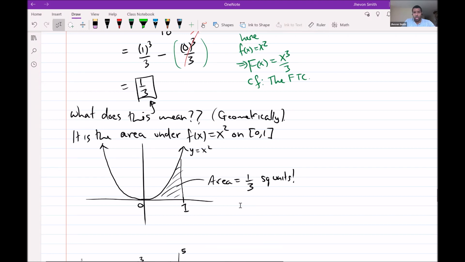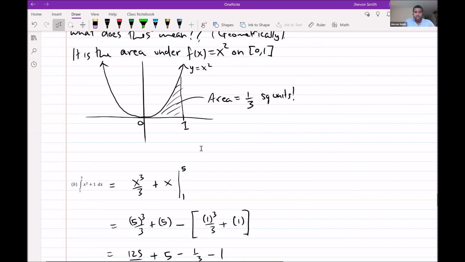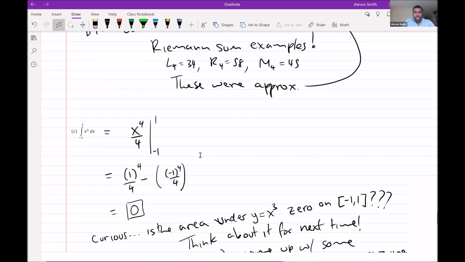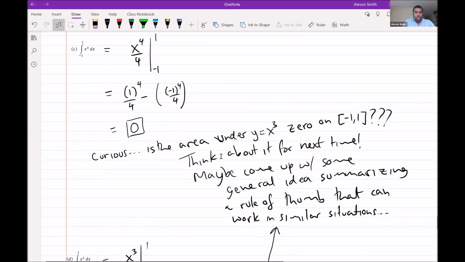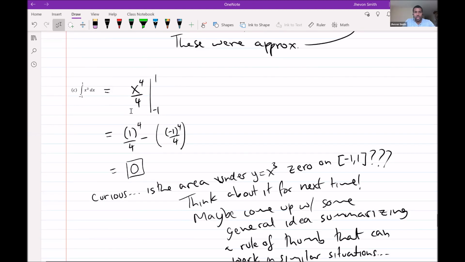In other words, to find an area, instead of doing the finite Riemann sums, which really only gives us an approximation because we're using a finite number of rectangles, this process will actually give us the exact answer. That was pretty cool. So we know that the area under y equals x squared between 0 and 1, this shaded region here, was actually a third square units. And we found these. Now, there were some things I asked you to talk about. For example, here, when we did the integral from -1 to 1 of x cubed, the answer was